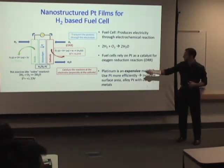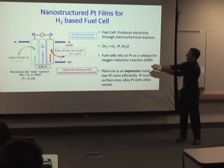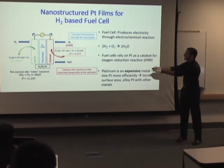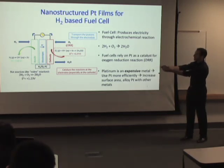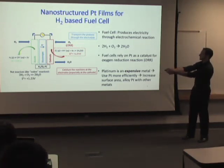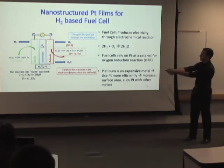And here's the fuel cell. What happens is that hydrogen goes in at the anode and it becomes oxidized. The resulting protons get moved through the electrolyte to the cathode. And at the cathode, oxygen goes in and becomes reduced. And this is the oxygen reduction reaction. And basically oxygen becomes reduced and there's a positive cell potential that happens, and this is where the electricity